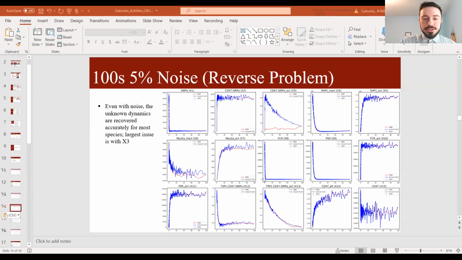So this is the 100 seconds case with the noise. I think there is some overfitting here to follow the noise, but I'm not sure if this is very strong overfitting on the data. We can definitely try adding some regularization term to see if the results can be any better. But one of the issues, as we can see from this figure, is that the X3